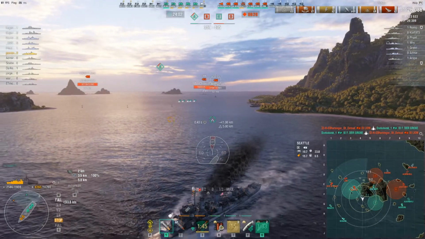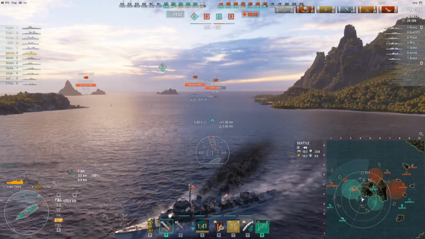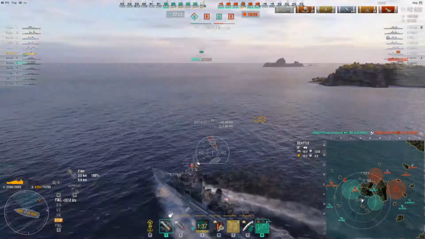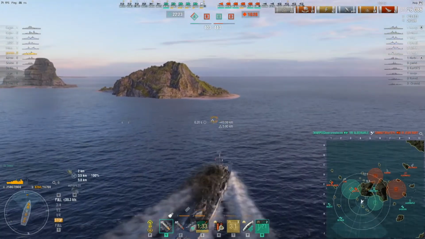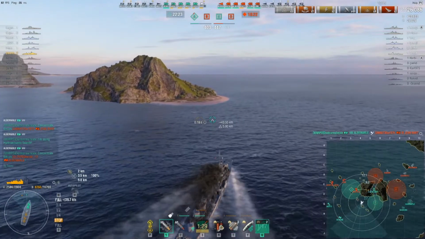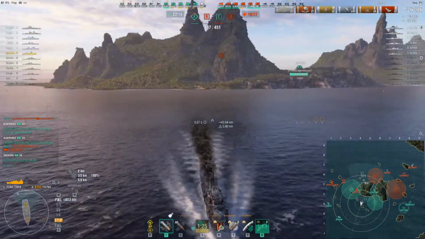So instead of going behind the island fully to get away, I just went kind of right here to go behind these islands. I don't know why my torpedoes missed. I'm trying to get to this island to put distance behind him too. But I don't know why Seattle's not radaring me. I guess his radar's not ready yet. But yeah, it's not